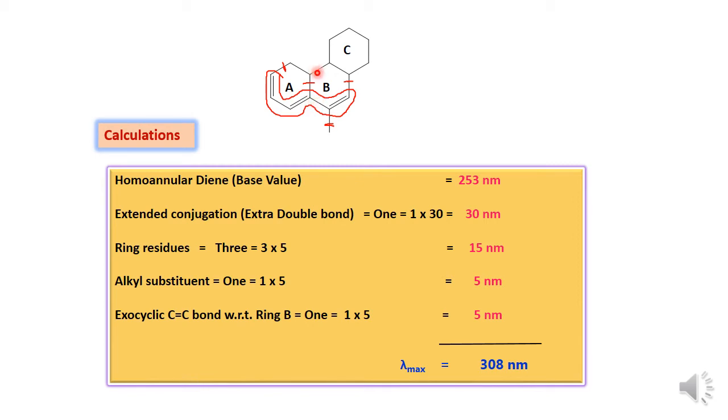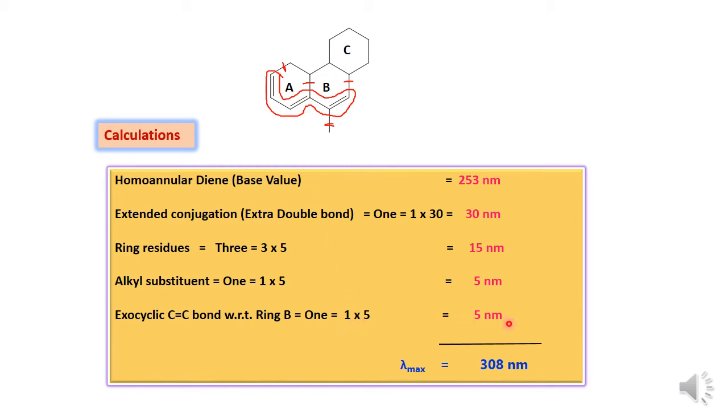So there is no exocyclic double bond with respect to ring A. Now looking at this ring B, you will find there is a single bond, and here you will get the double bond which is the part of the conjugation and which is outside the ring B and directly attached to the ring B. Therefore it is considered as an exocyclic double bond. So exocyclic double bond with respect to ring B, it is 1, and therefore you have to add 5 nanometer